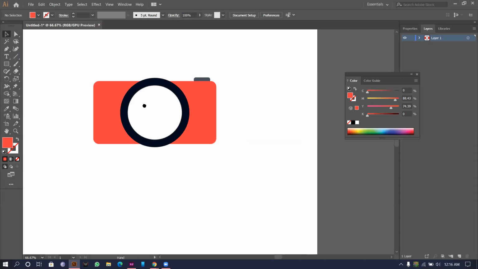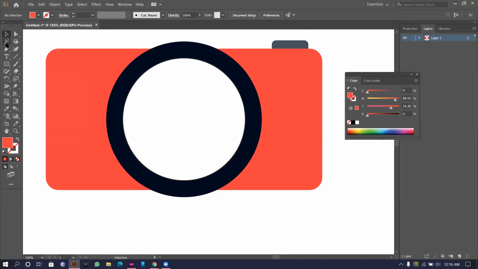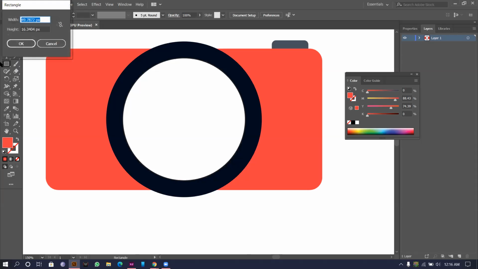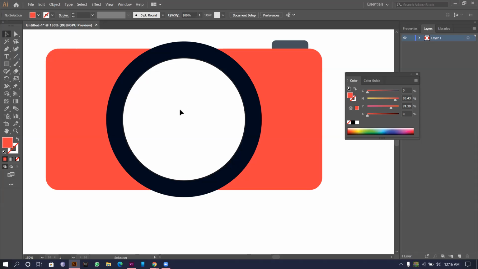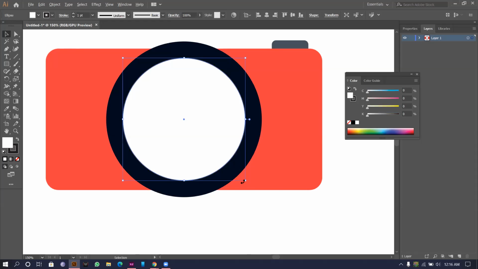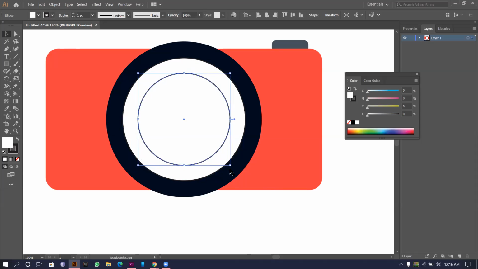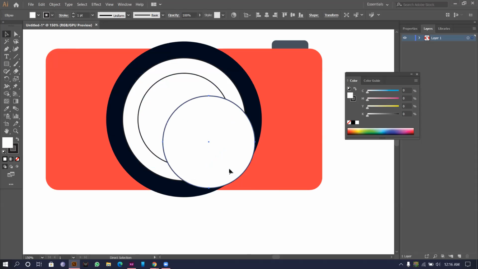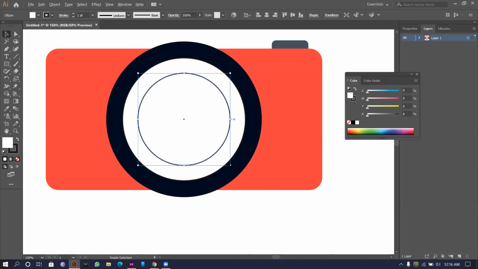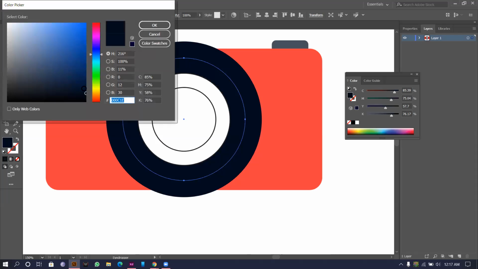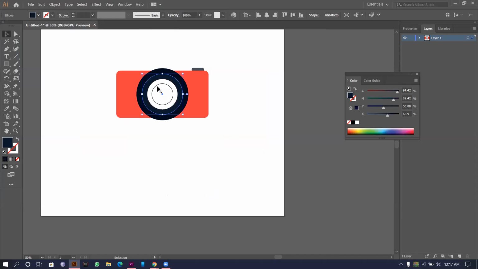We'll shift this to here, and then we will go with another few more circles here. Control Z. Okay, V, then Control C, Control F again, and then make it a smaller one. Control C, Control Z, Control F. Okay, so we have our lens ready. So I'll just take from here, but for this I'll go little to the grayer side, maybe this way. So we'll have our differentiation,